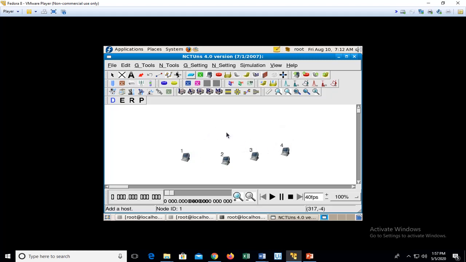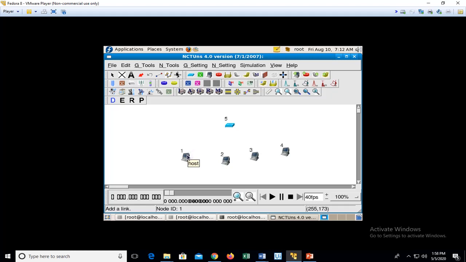Now I have to establish a point-to-point link between them. In order to establish that link, we'll be making use of a hub. A hub is a physical layer device. To establish this link between these 4 nodes, we can see where the point-to-point link is available. When we hover around, we have create point-to-point link. Select this and click the host with which you want to establish a connection.